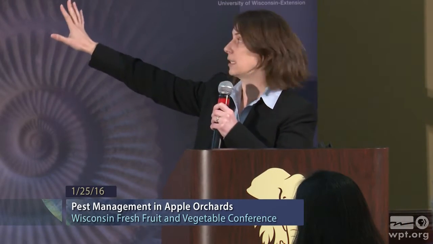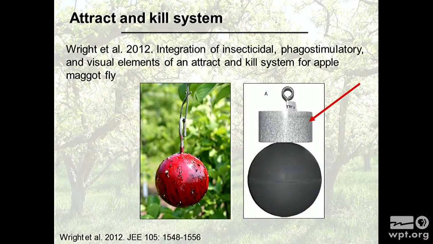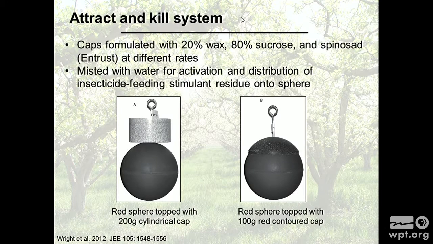Step 2 was that sphere with that sucrose solution on top. But there's a limitation with that. One of the big limitations is that the cylinder on top is sugar. The insecticide is on the sphere. And what they found is a lot of flies would go onto the sugar part of the trap and not actually go to the sphere. So they went the next step further, and that's what this study is about.